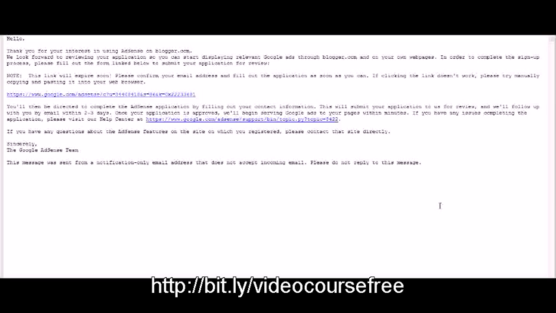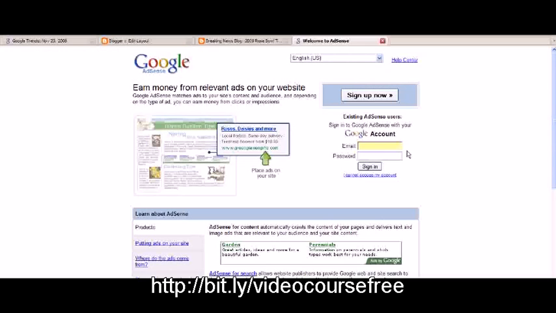And then to log into AdSense to check your earnings and to make sure that your payment information is set up so that you can get paid, you're going to want to go ahead and simply go over to google.com/AdSense. Then you go ahead and just insert your email and then your password, and then you can log